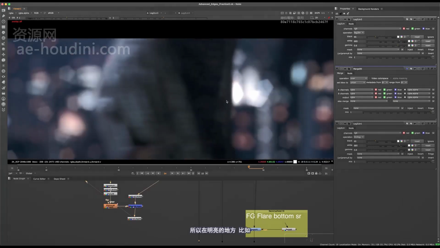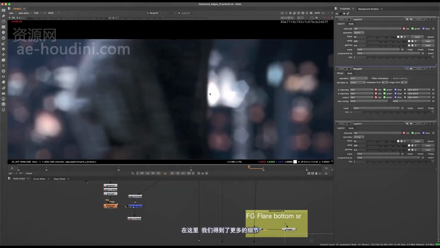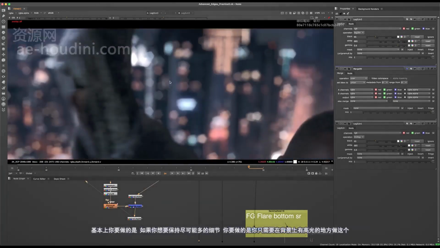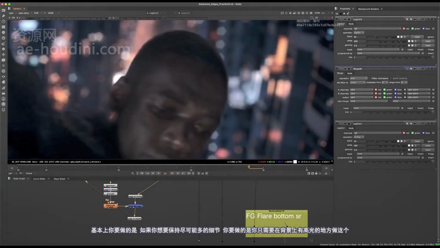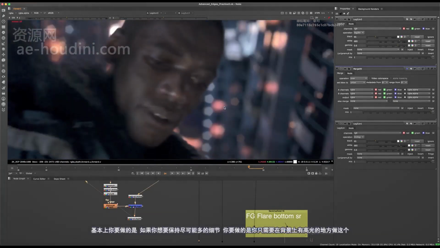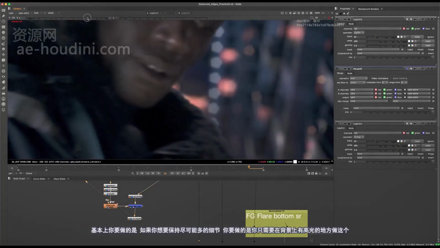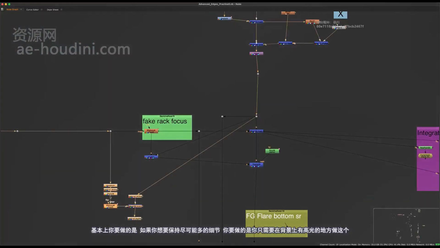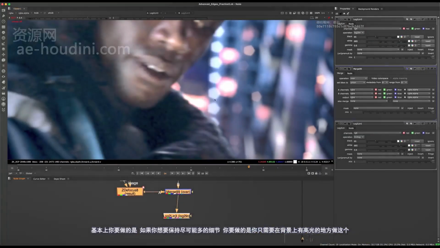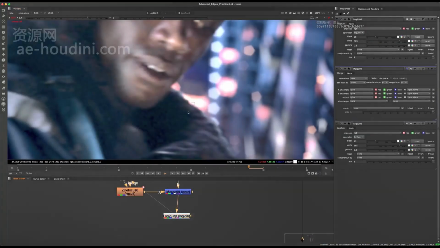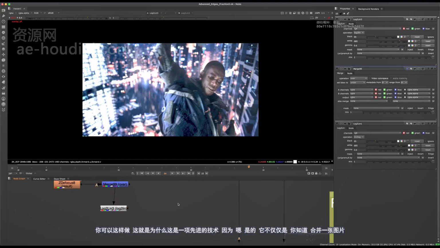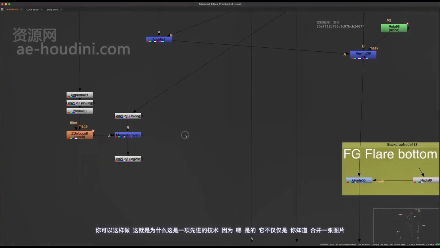So in bright areas, like for example here, we're actually getting more detail. So basically what you would want to do if you want to maintain the maximum amount of detail you can is you only want to do this whole thing over where there are highlights on the background. So the way you could do this is, and this is why this is an advanced technique,